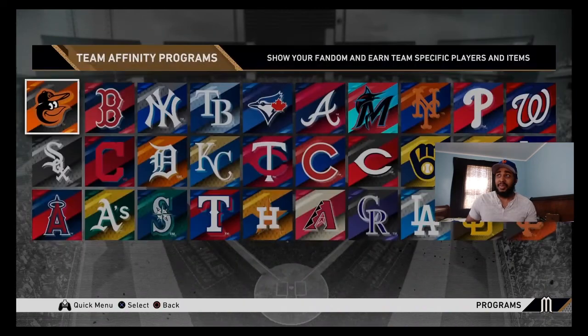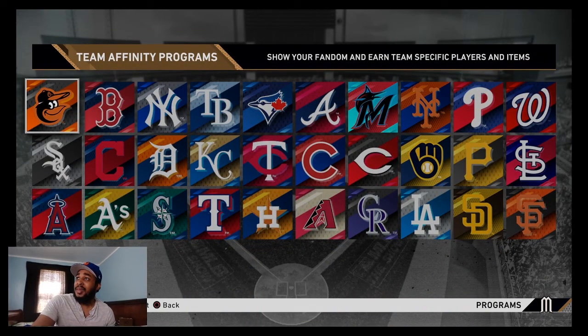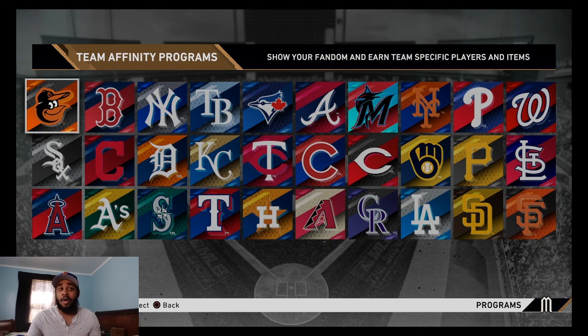So this was a long one, but we got to talk about it, man. It's 30 cards. You can get all 30 of them. It's a huge grind to go get all 30 of them. So you got to know which ones you want to target first. So let me know in the comments which cards you like the best. These are just all purely my opinion. Don't call me an idiot, but